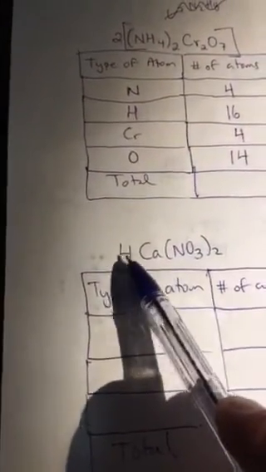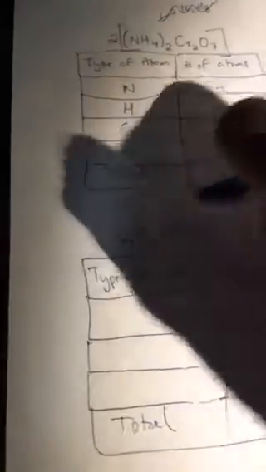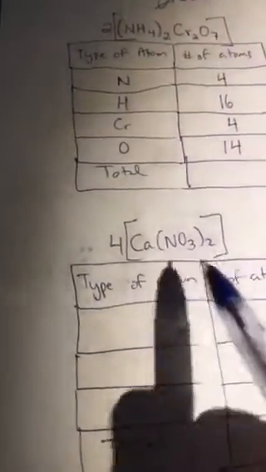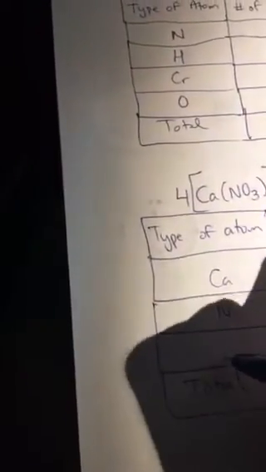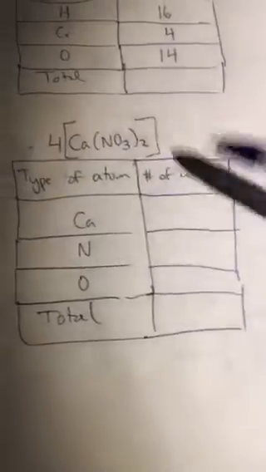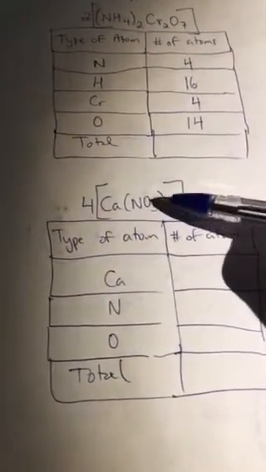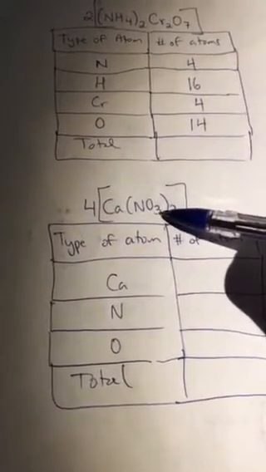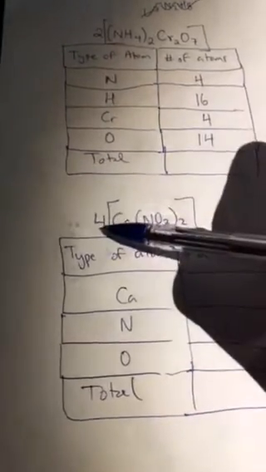Okay, let's do this one. So again, this 4 will be multiplied with everything in here. Okay? So let's put a big bracket here, like that. So first let's do oxygen, one thing at a time. So let's write down all the elements, calcium, nitrogen, and oxygen. So you do 2 times 3, 6, times 4,